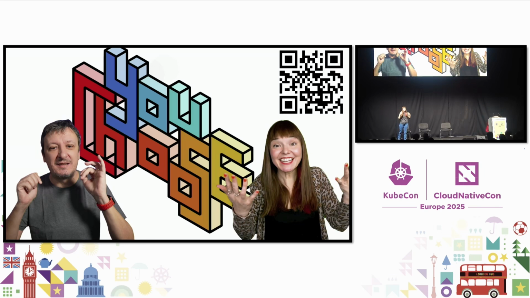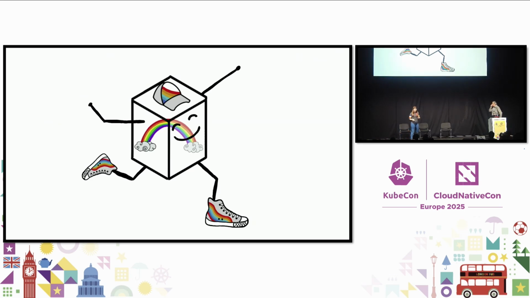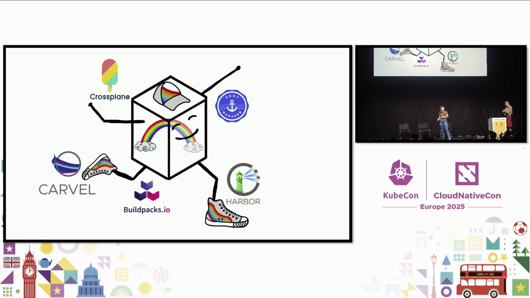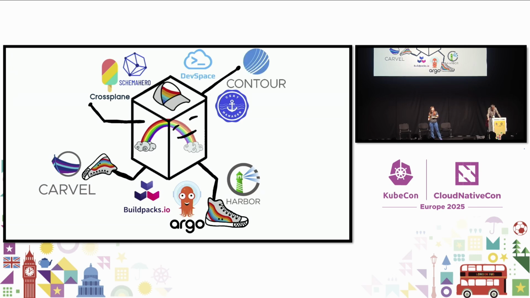Then after that's done, we put it to a vote, and the community chooses which technology we implement in our ongoing demo. So far in the show, what we've already chosen is buildpacks for container images, Harbor for a registry, Carvel for application configuration, Cert Manager for certificates, Crossplane to declaratively define a database as a Kubernetes API, and then we have SchemaHero for a schema for that database, DevSpace for developing on Kubernetes, Argo CD for GitOps, we have Contour for Ingress, KubeArmor for runtime security, External Secrets Operator for secrets,